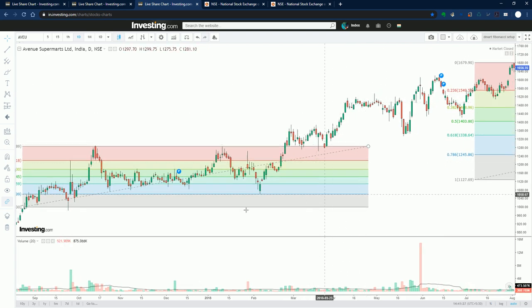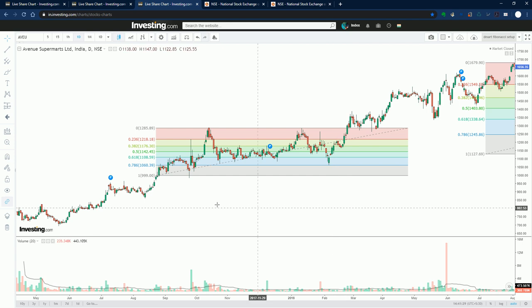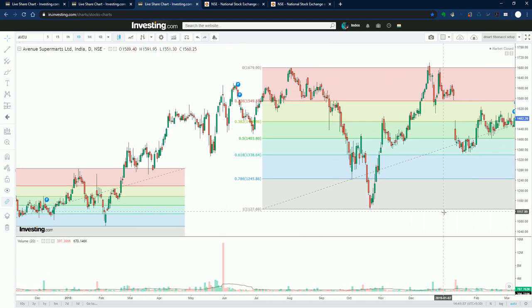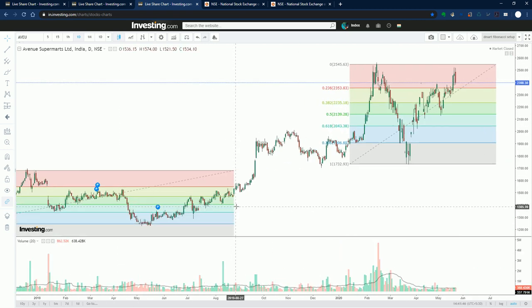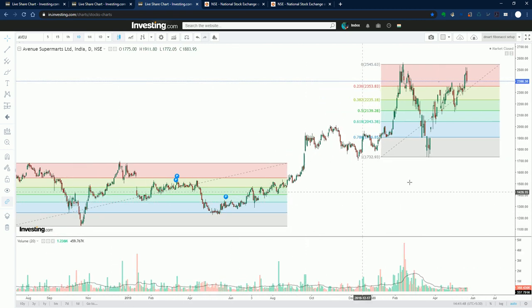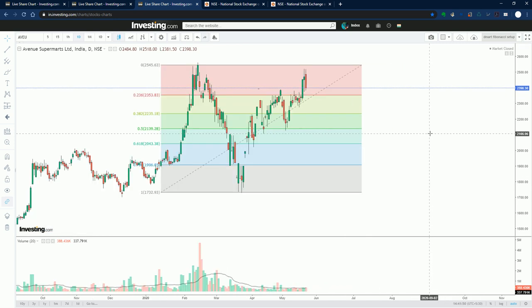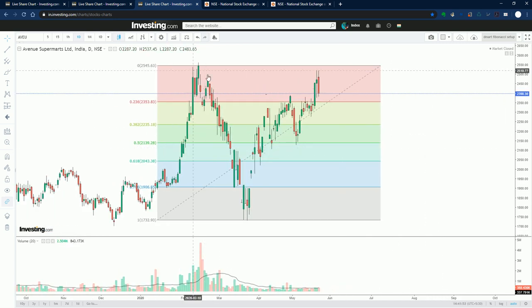So overall from the backtest we can conclude that this stock forms a double top kind of pattern and then falls back to the 78.6 level, and from there it gives a breakout, as in the previous two Fibonacci setups. And currently it is looking like that. The pattern is somewhat similar, so definitely this will come down to 78.6 also.